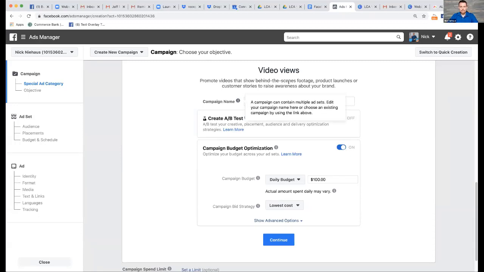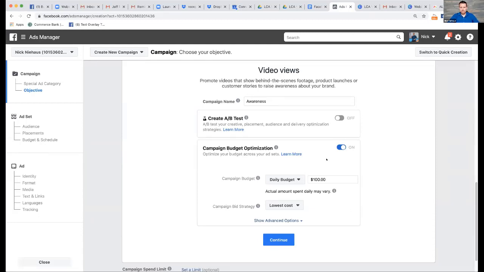So the next thing we need to do is give the campaign a name. So I'm just going to say, let's just call it our awareness campaign. I'm just going to say awareness, right? So again, you can add more specific names. If you do a lot of ads, make sure you're very clear in your name what the campaign is so you can find it later. At a certain point, I realized I was not being specific enough, and I had to click through and really figure out what each campaign was. So you don't want to get stuck there.